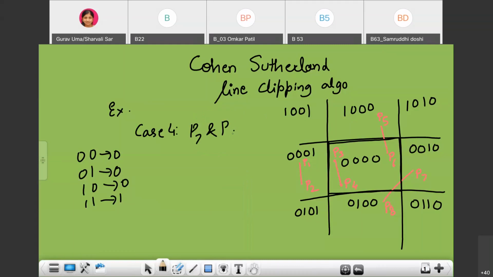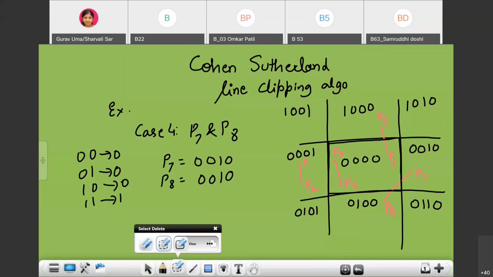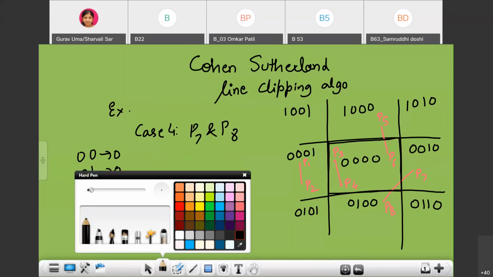In this case, what is the code for point P7? The code for P7 is 0010 and the P8 code is 0010. Just wait, the code is wrong. We will see it again.